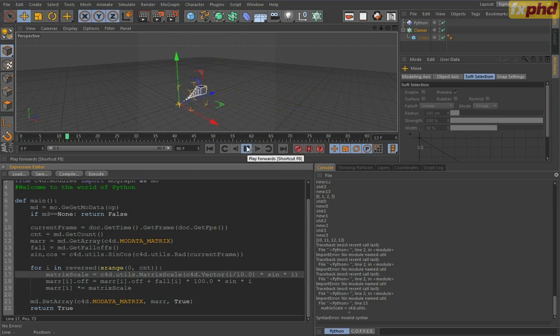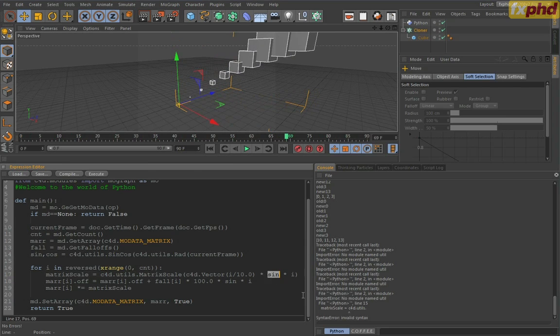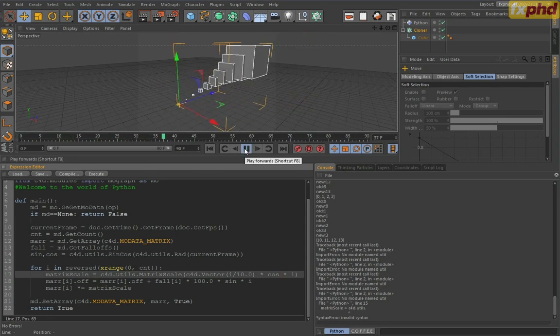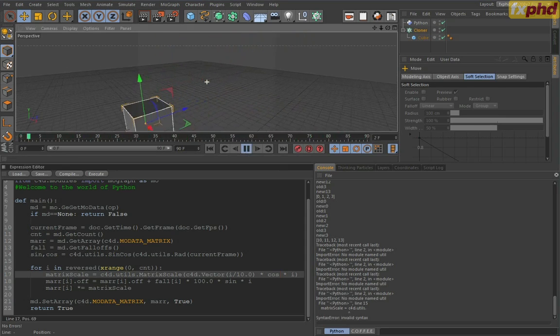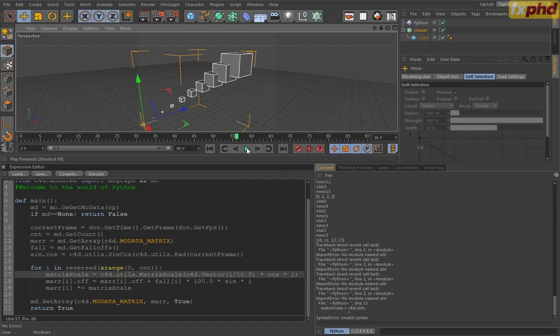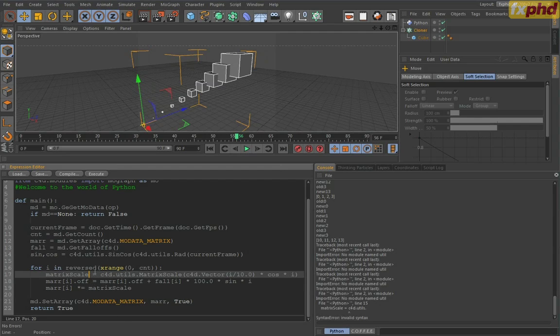Okay. Let's use cos instead. This is more interesting. Okay, so these kind of loops can be used for all kinds of interesting things, because let's say